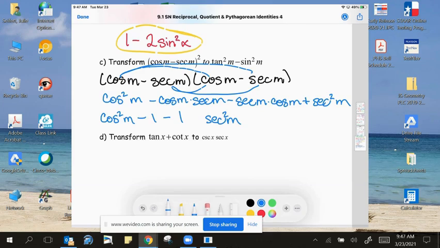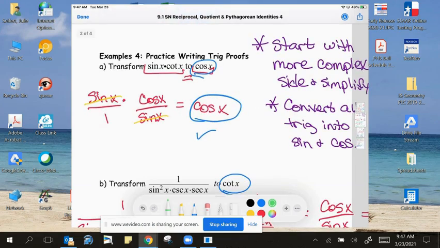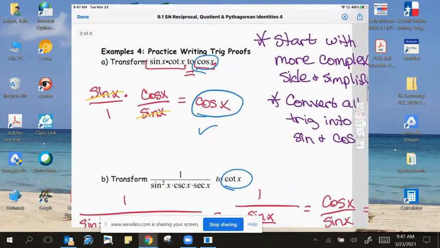Okay. Now, cosine squared m minus 1. We know from the identity sine squared x plus cosine squared x was 1, cosine squared x minus 1 would mean we had sine squared x by itself, but that would equal 1